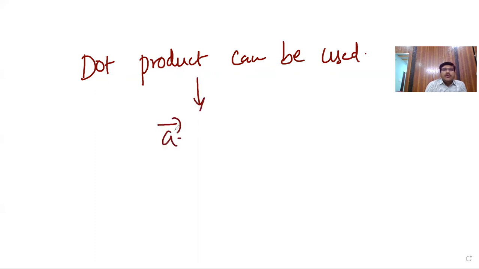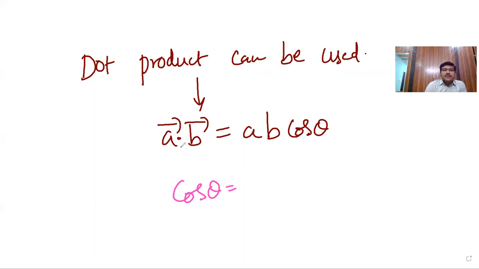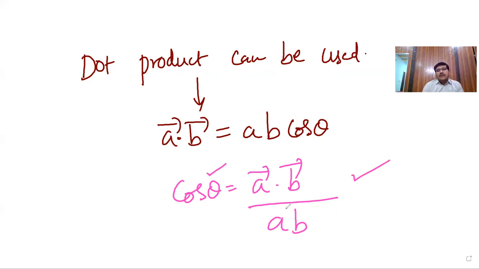What is the dot product? You know, A bar dot B bar is the magnitude of A bar times the magnitude of B bar times cos of the angle between them. Now I need the theta. So cos theta is A bar dot B bar divided by magnitude of A bar times magnitude of B bar. Cos inverse of that gives theta. It is better to follow the cos theta dot product.